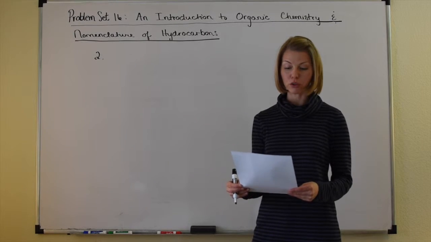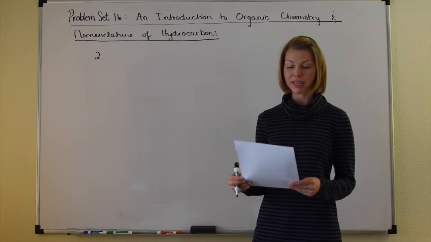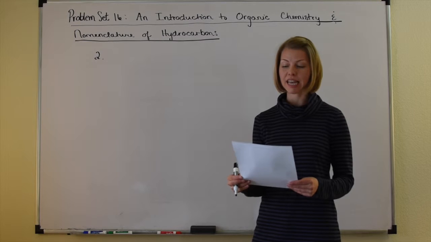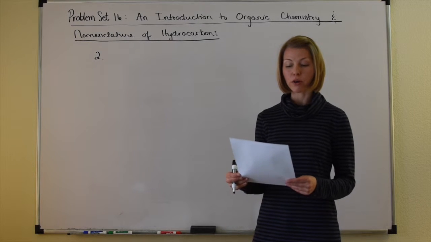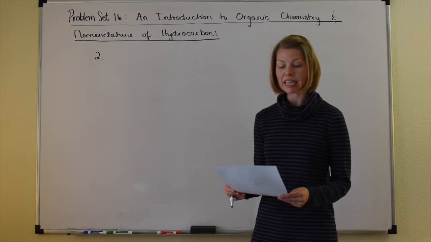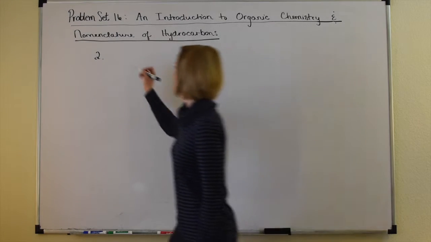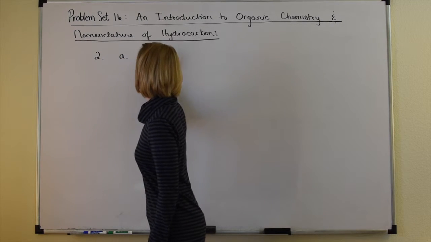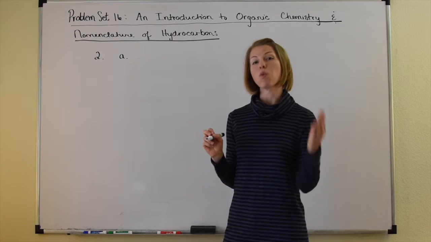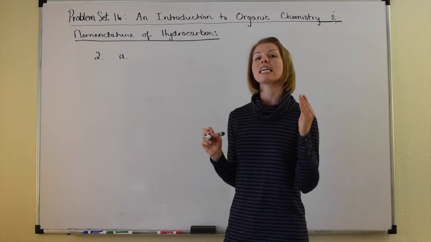Okay, number 2. Draw each of the following alkenes and determine which will have both a cis and a trans isomer. For those with a cis and trans version, draw both isomers. A is 1-butene. So for 1-butene, but means 4 carbons, and the 1 tells you that the double bond is between the first